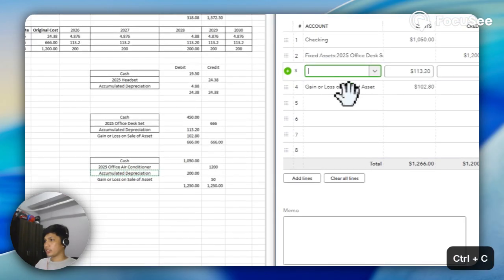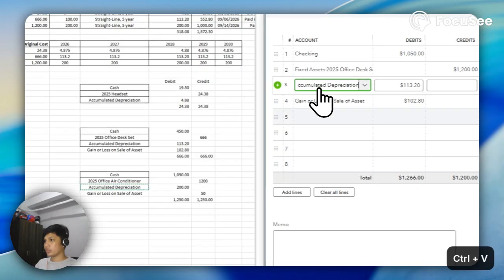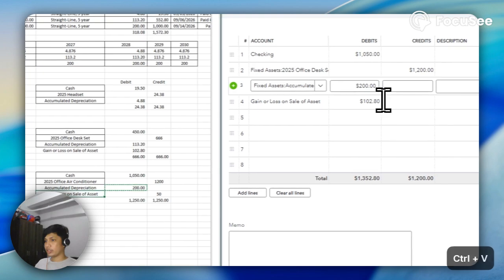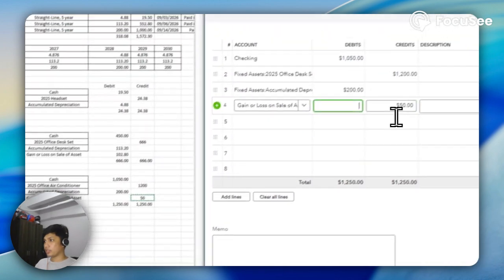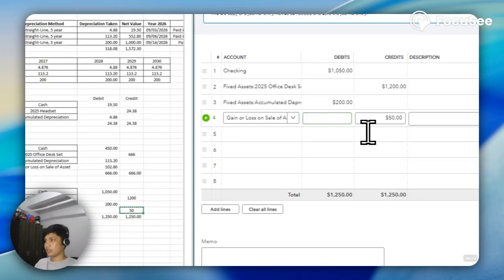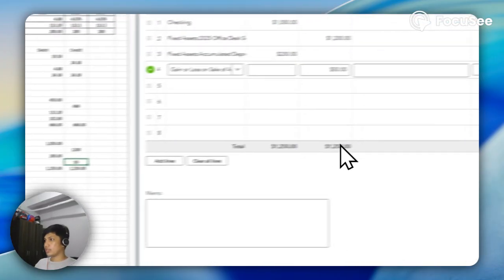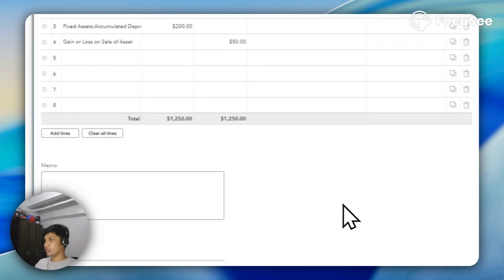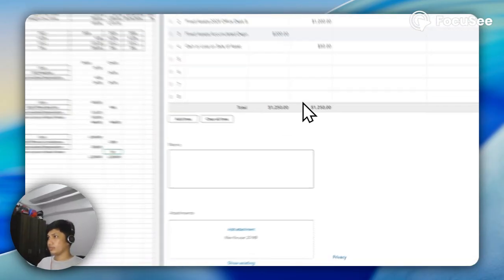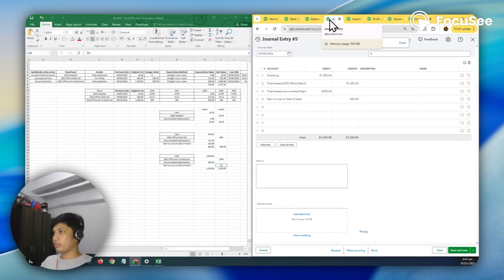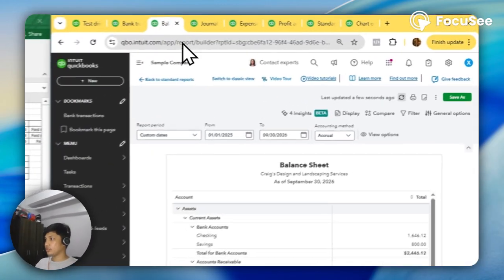Accumulated depreciation, 200. Gain or loss, I'm going to use 50. I'm going to delete this one. So we are balanced now, and I'm going to save.